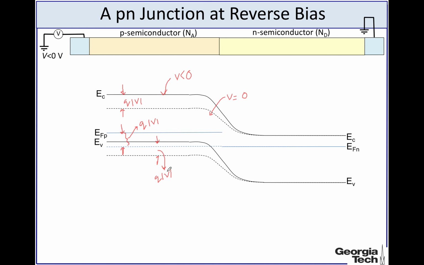Alright, so now what we can see is that if we are at the n-type semiconductor region here, the electrons will now see a larger barrier, and as a result what will happen is that